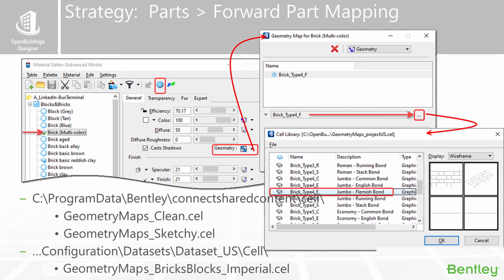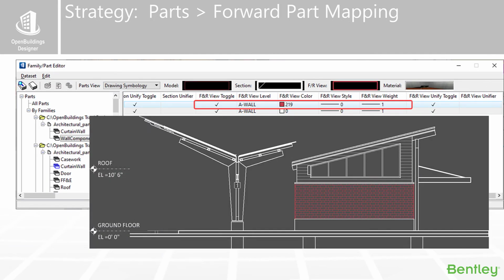Now I'm pointing to one here that I copied, and then I went in and changed the colors of all the cells. I'll explain in a minute why I did that. Essentially you just attach the correct pattern cell to the geometry map, and that's what will get displayed on the drawings. Here's my part in the family and part editor.